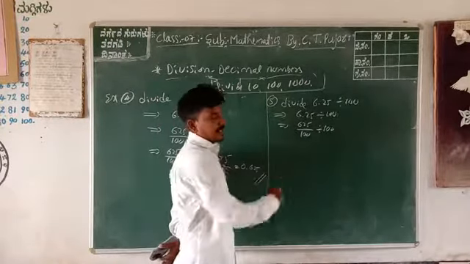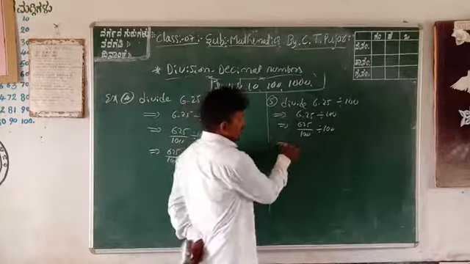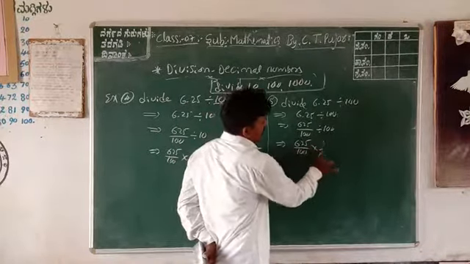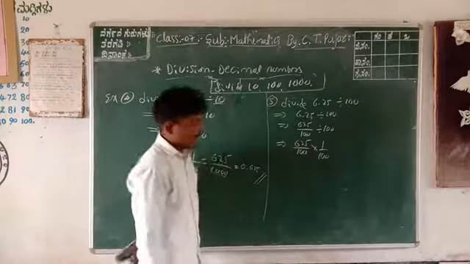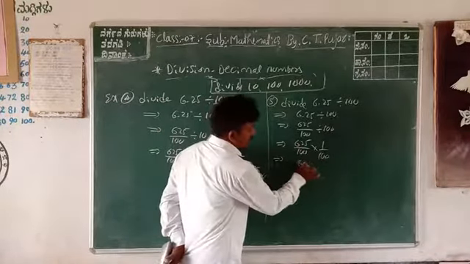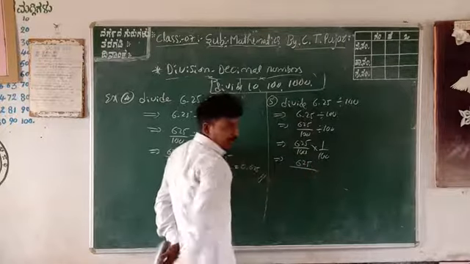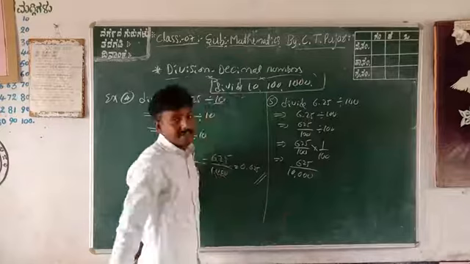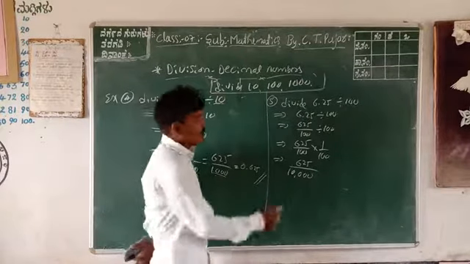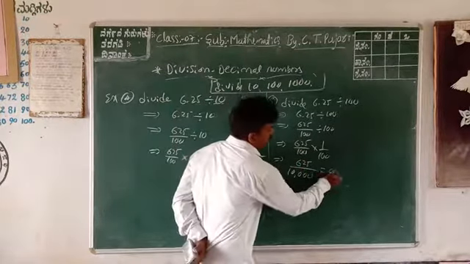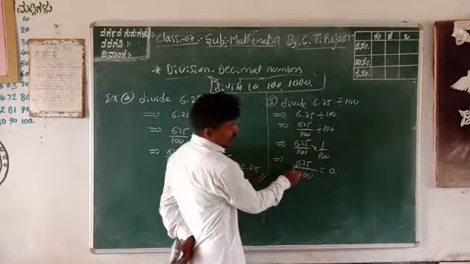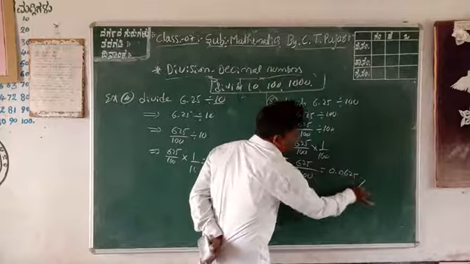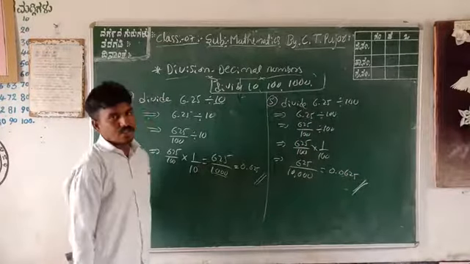Next, division of fractions. Division of fractions means 625 divided by 100, into the reciprocal of 100, which is 1 by 100. Therefore, 625 divided by 100 into 100 is 10,000. How many zeros are in the denominator? 4 zeros are here, so 4 digits after the point. The answer is 0. Only 1, 2, 3 digits are here, so you take 1 more digit, that is 0.625. This is your answer.